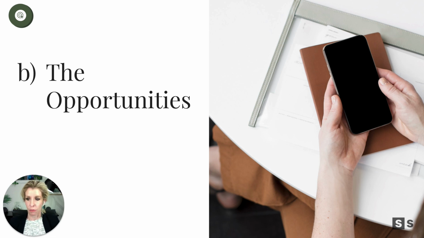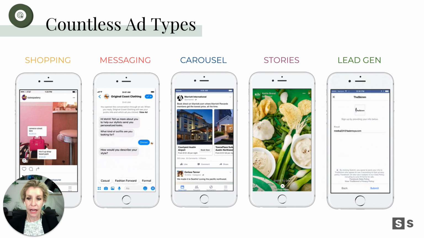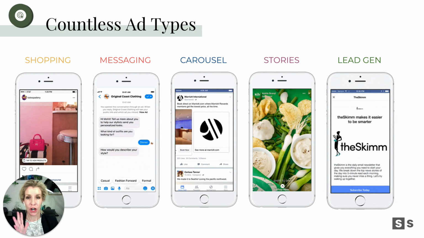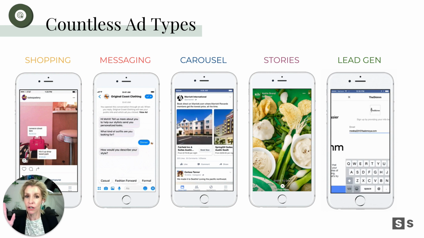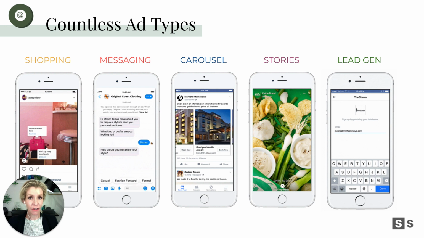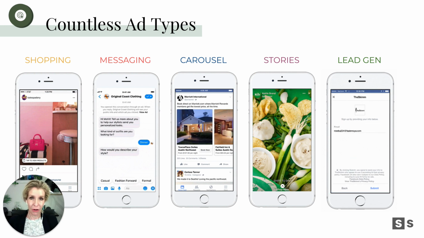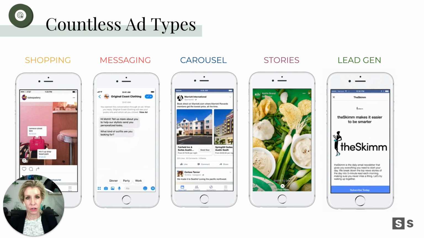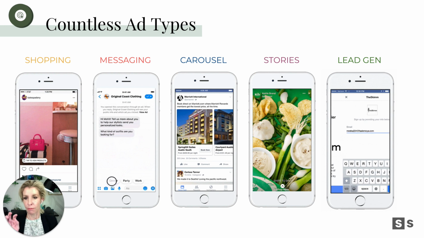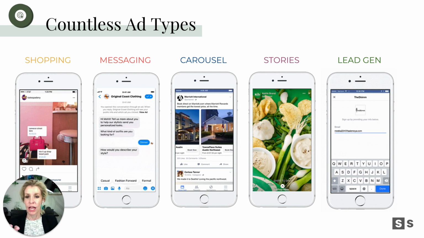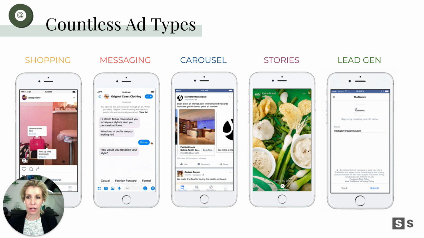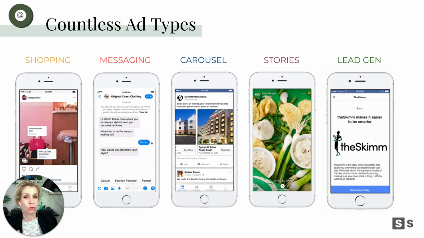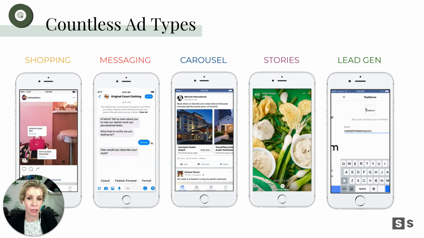The opportunities. Well, let's look at this broadly and then some examples. We have countless ad types available to us today. Shopping ads, huge. If you build your catalog in Facebook Business Suite, which we talk about in our paid social class, you can then turn any post into a shopping ad. You tag the images or the products that are in that image and turn it into a shopping ad that then people click through and they can buy from without even leaving the app, or with a direct route to your website if that's where you send them to buy.